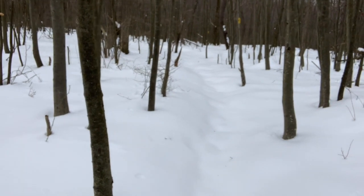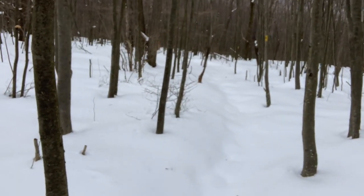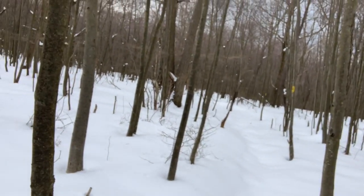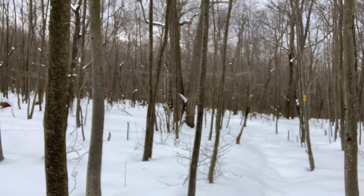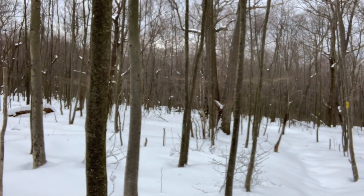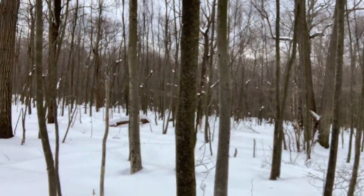Really nobody out in front of me now at this point. And it's been pretty tough, I'm not gonna lie to you. I'm glad I got the micro spikes. I'm thinking snowshoes would have even been a better idea. Some of these drifts that I've been in have been easily up to my knee, and it's making it tough. I'm enjoying it, it's pretty and all that, but it's getting to that point of the day where